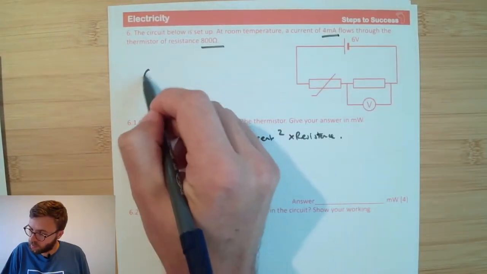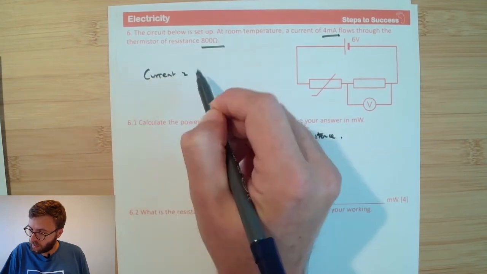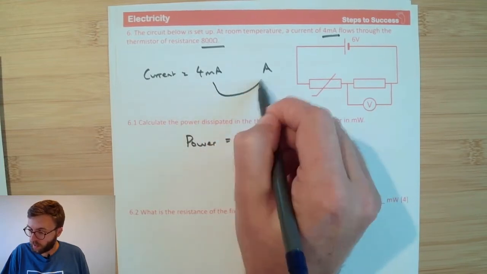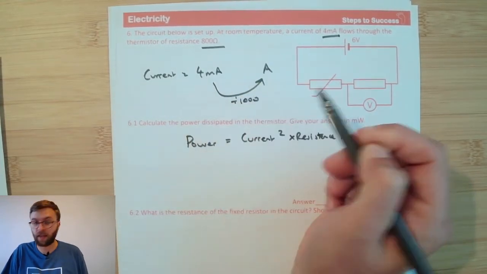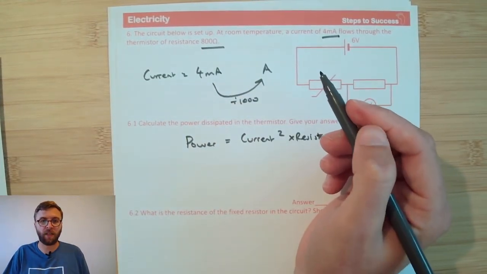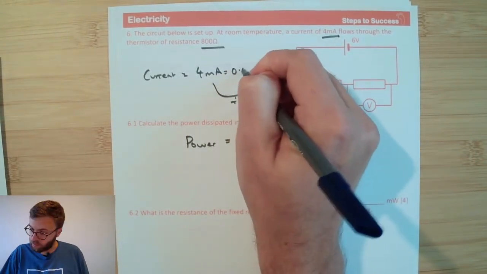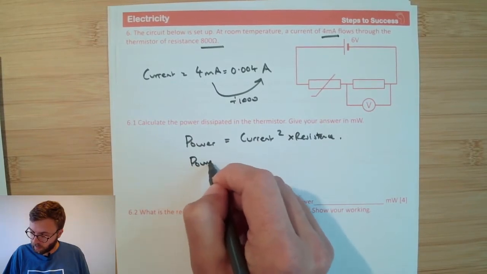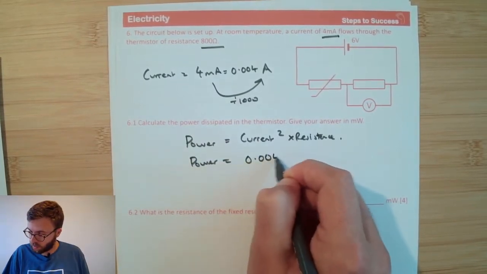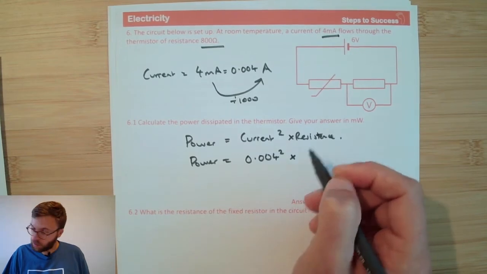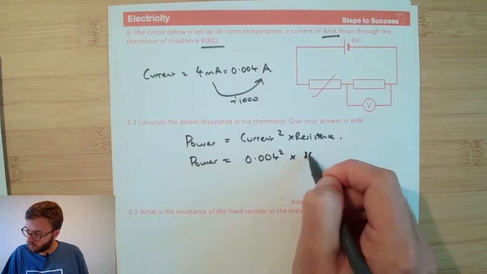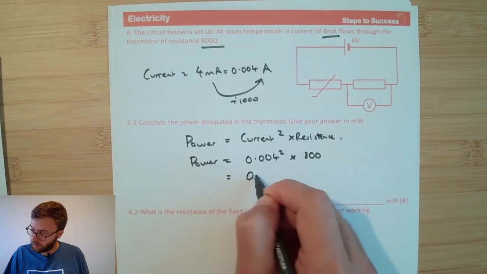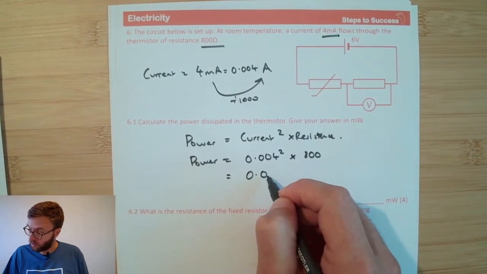Our current has been given to us in milliamps, and again we want to convert it into amps. So to do that we will divide by 1,000, as there are 1,000 milliamps in 1 amp, which gives us a current of 0.04 amps. So we know that the power equals the current squared, which is 0.04 squared, multiplied by the resistance, which is 800, and is in standard units. And if we work that out, it gives us 0.0128